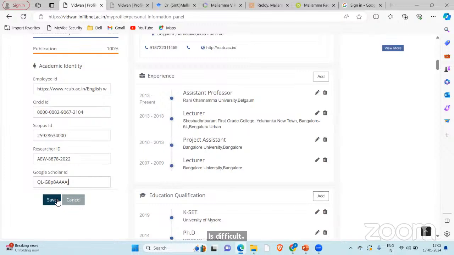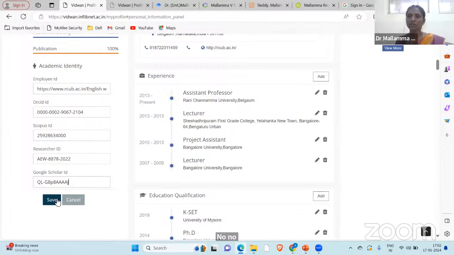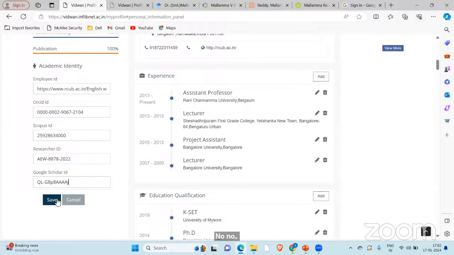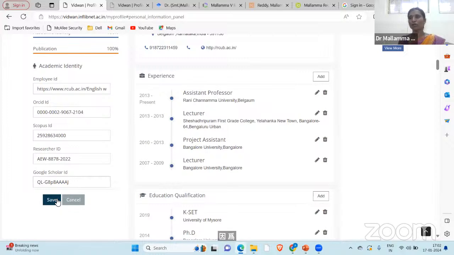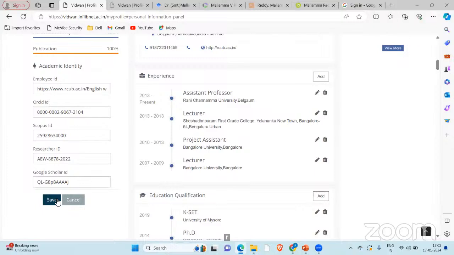Since we are not techno savvy, ma'am, it's difficult for me. No, okay, fine. Don't worry, you will go slowly. It is not a hurry. That you have to follow. Okay, you have to understand, that's important. You can do it later, but you have to understand where and what to do. Yes, ma'am. Okay, not a problem.